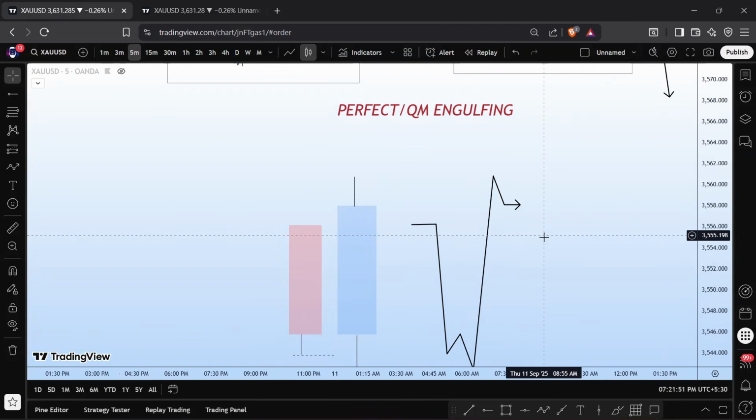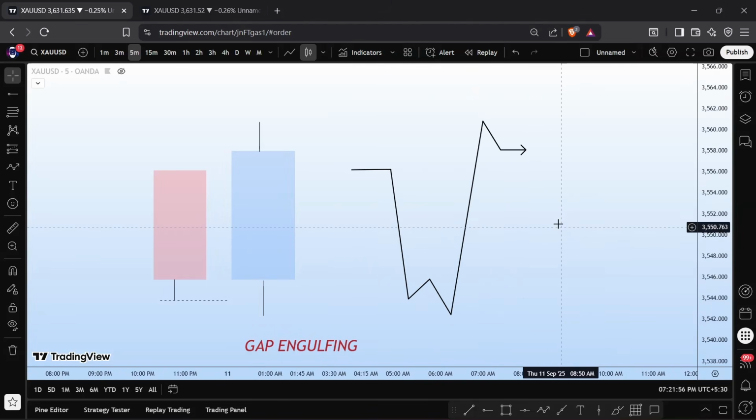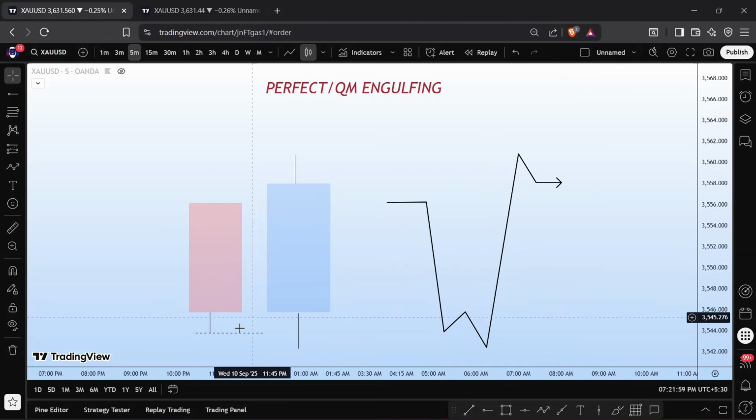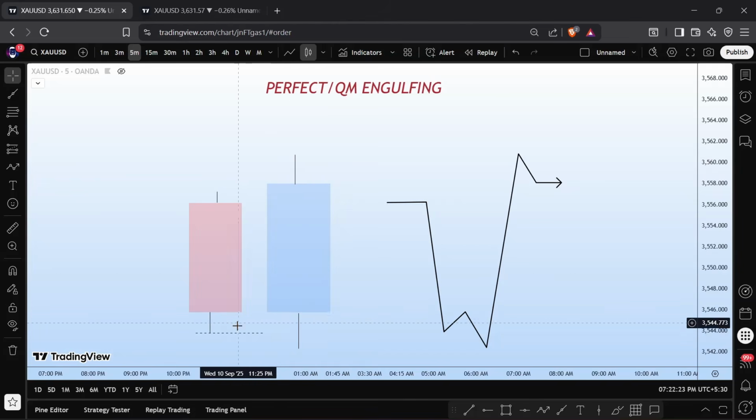Let's go into another type, which is the perfect engulfing pattern. So for a perfect engulfing pattern, if we look at the example of a bullish perfect engulfing pattern, the low of the bearish candlestick has to be engulfed, as well as the high of the bearish candlestick has to be engulfed with the body closer. So the low has to be engulfed with the wick, and the high has to be engulfed with the body closer. That makes it a perfect engulfing pattern. Okay,